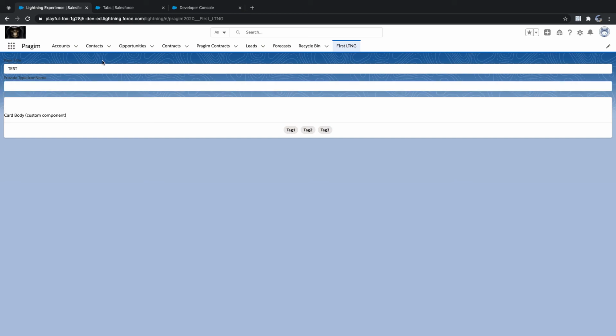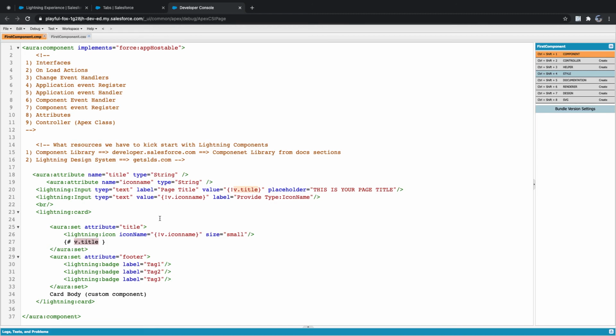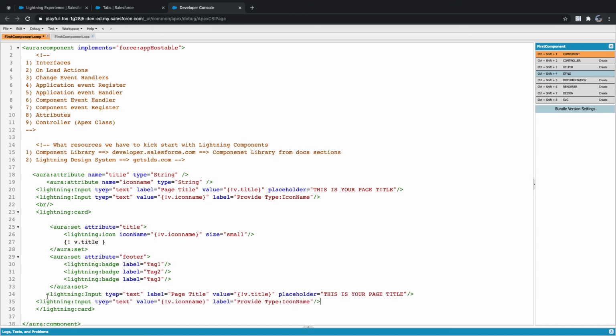Test. Now you can see even after writing test, I don't get anything, right? Standard account. So I'll show you another example here. Instead of the exclamation mark, I'll copy paste the same thing here in the v dot title, and we have footer, and in the custom body I'll just mention this.